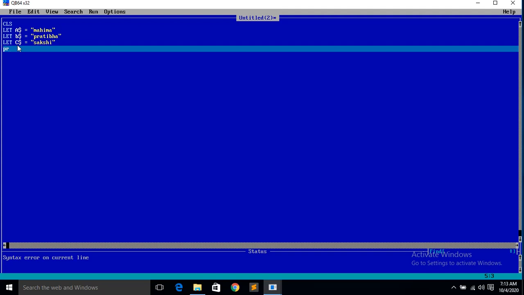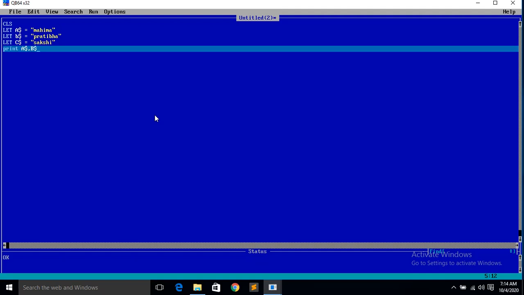Now I am using the print statement to view the output on the screen. So print, then you will give space. Now I am giving here, you see, $. You will press the shift key when you press dollar, comma, then again I am giving the capital letter.